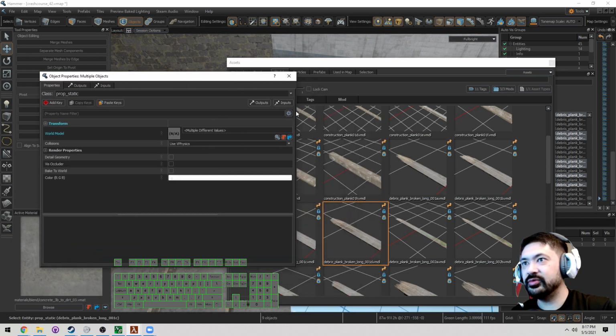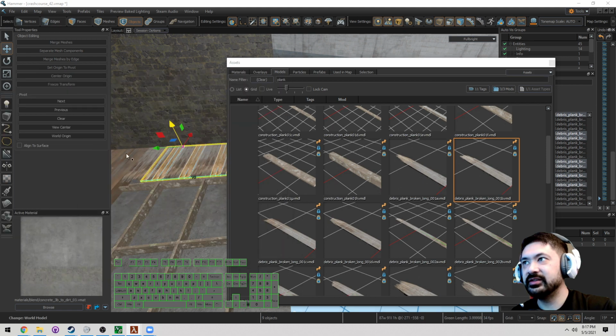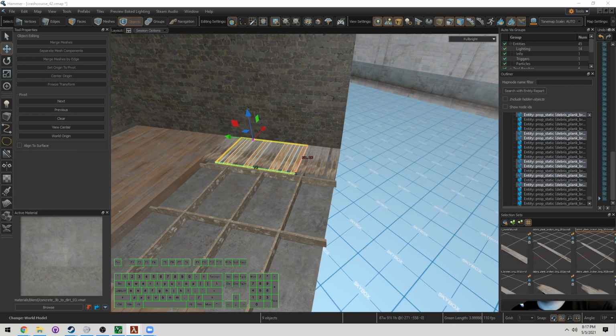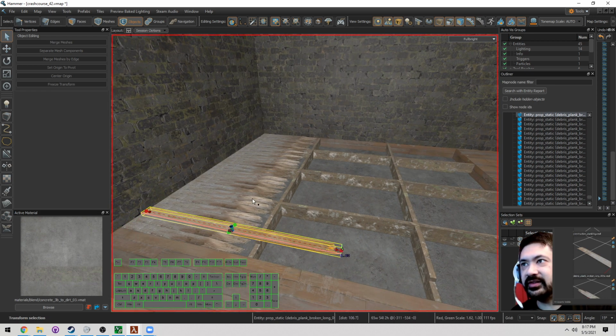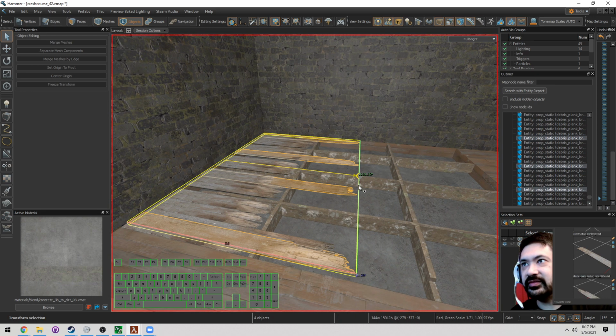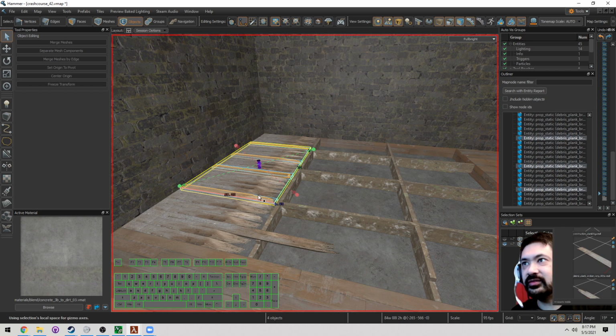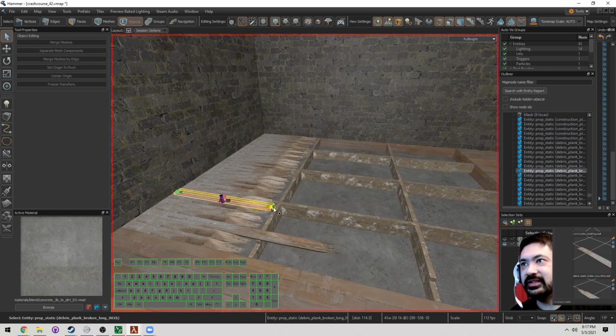Let me do another one. Let's see. How about this one right here? That's good. And then if I really want to add some variation, just select a few of these, and then go into a local orientation. Actually, that's the other thing about it, you can do some mass pulls, but on this one you really